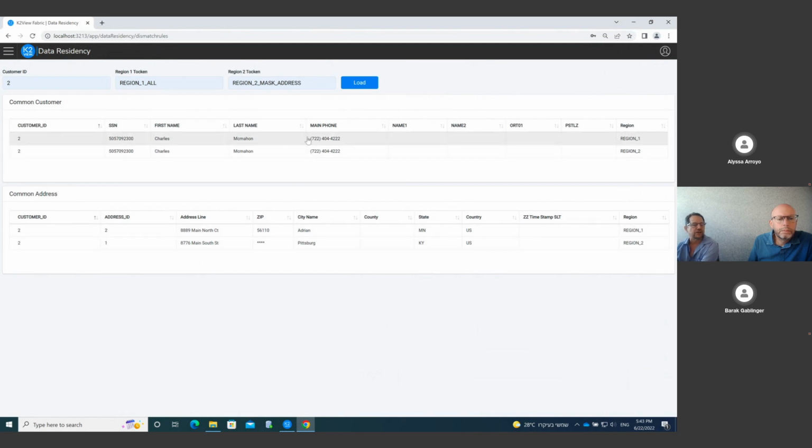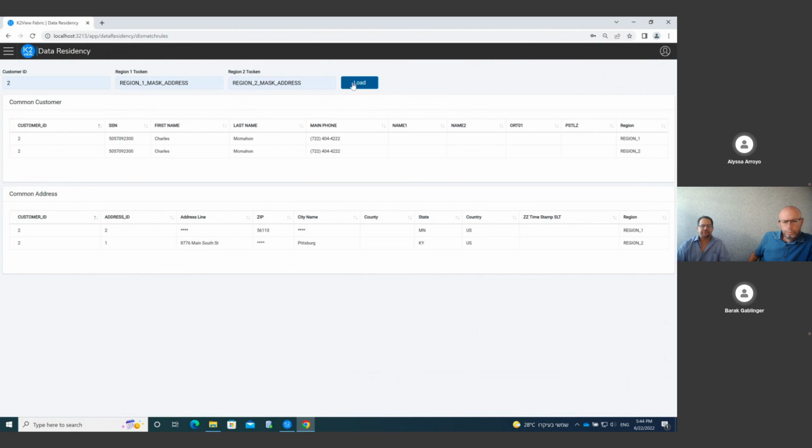Okay, so now let's do the masking for region 1 of the address. Now you see, and I did it on purpose, that additional, or I would say different, information was masked. So you have the flexibility: one, according to the profile, to decide what to show. Two, you can decide what to mask.